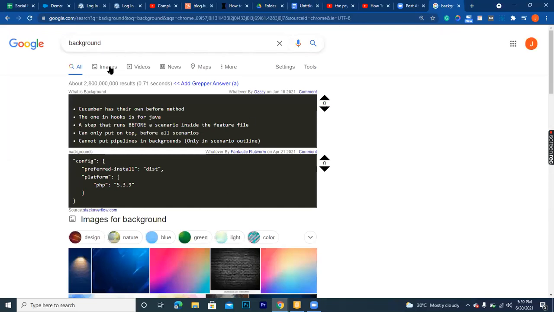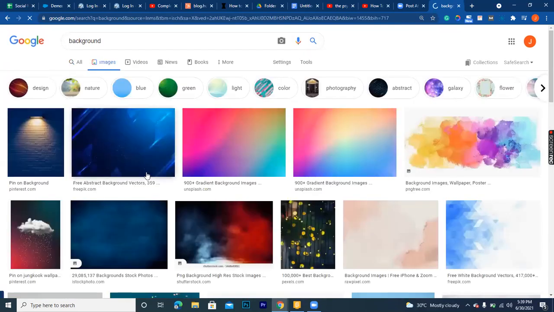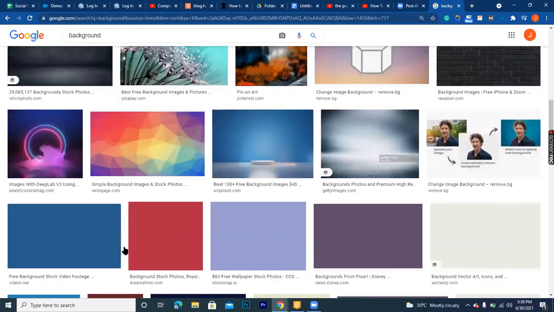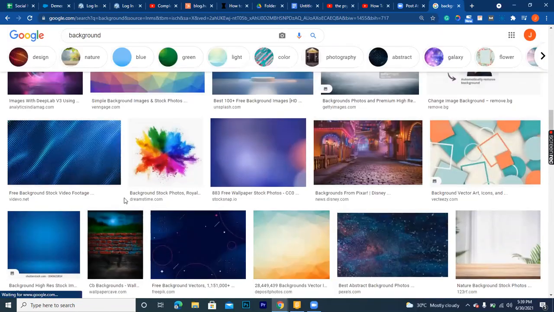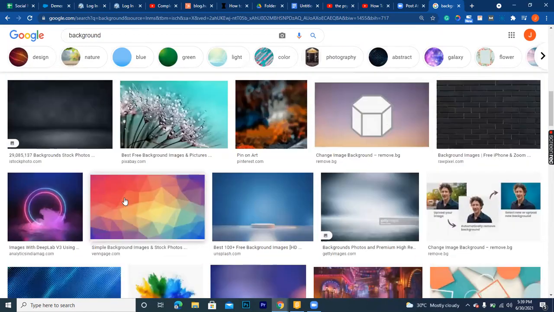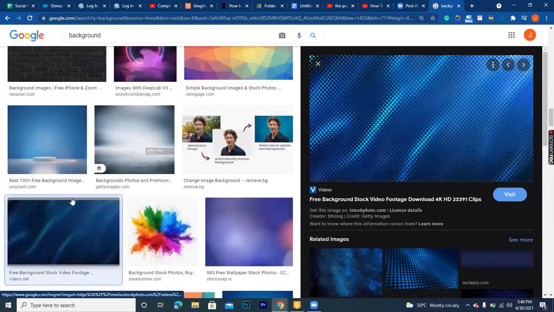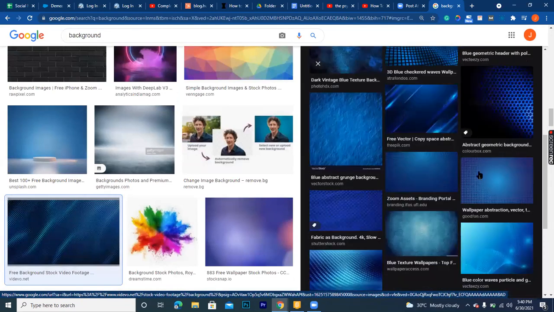If you type background on Google and click on images, you'll see different backgrounds. I just clicked on any one that appeals to you. You can just select any.